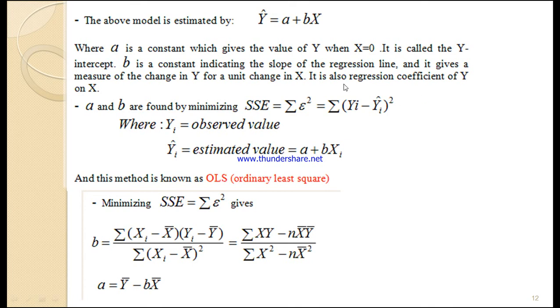Therefore, it is also the regression coefficient of y on x. a and b are found by minimizing the sum of squared errors, which is the sum of y minus y hat squared, where y is the observed value and y hat is the estimated value, which is a plus b times x. This method is known as OLS, or ordinary least squares. When we minimize this one,